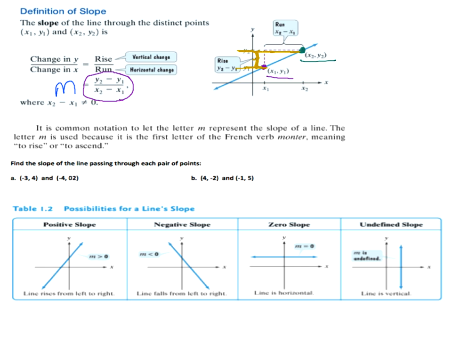So we always denote slope with m. I've been told different stories about why it's m, but the one that I cling to the most is that it's actually the French verb meaning to rise or ascend, monter. Also, the French word for mountain or slope is montagne, I think, something like that. But m is what we use for slope.